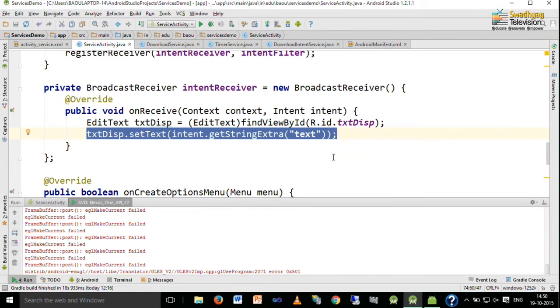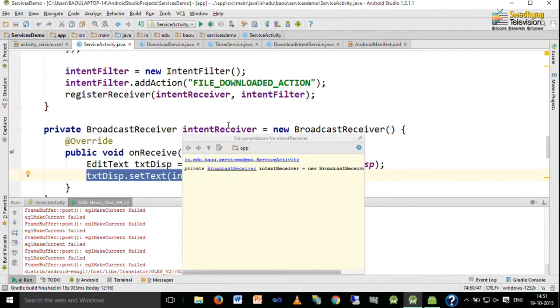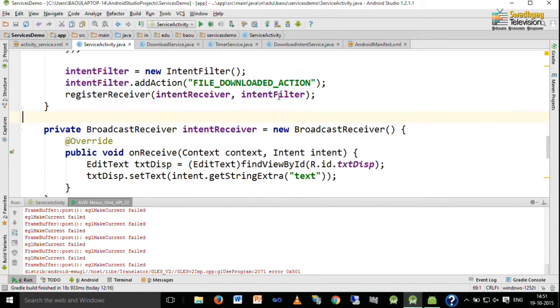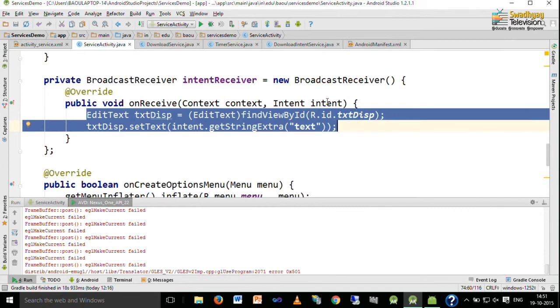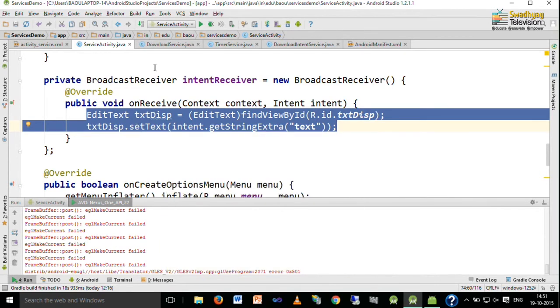So, since we have registered this intent receiver with this intent filter, when the intent finished, the on receive method is called, and inside that we get data from this intent using the get string extra method, and we set this data as the text for our edit text. So, this is how this download service works.